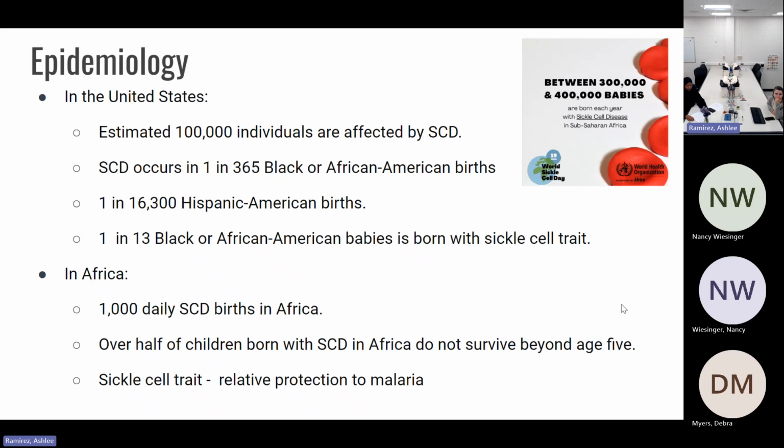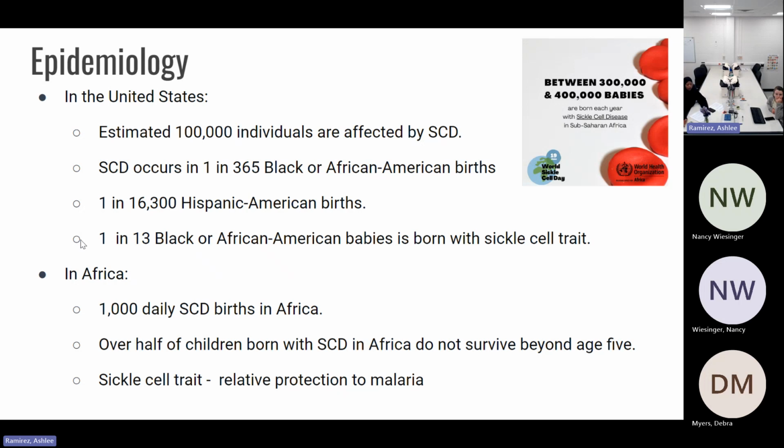Moving on to the epidemiology. In the United States alone, about 100,000 people are affected by sickle cell disease, and it's higher in certain ethnic groups more than others. 1 in 365 Black or African American births are affected, and also 1 in 16,300 Hispanic American births are affected. And as for the trait, 1 in 13 Black or African American babies are born with the sickle cell trait,